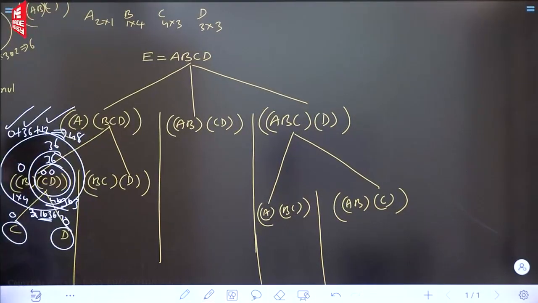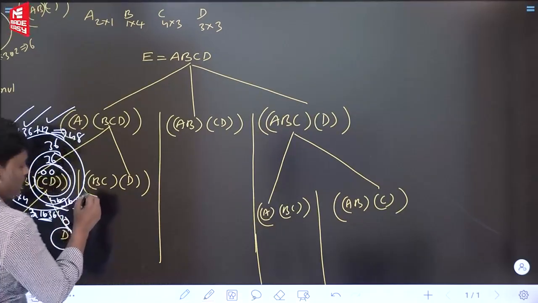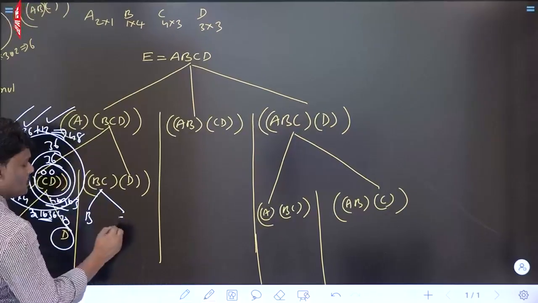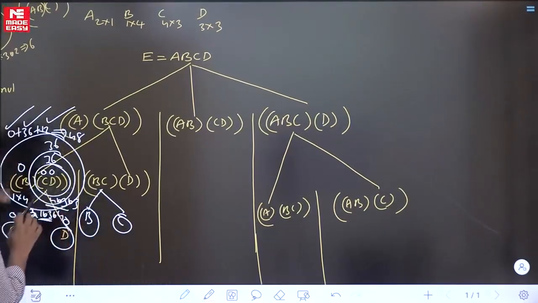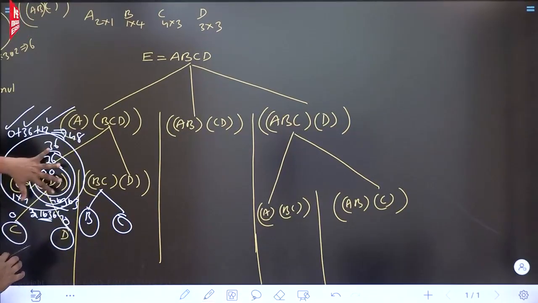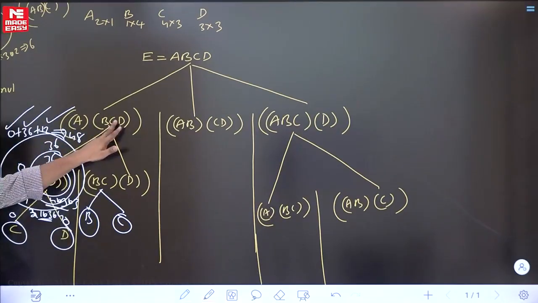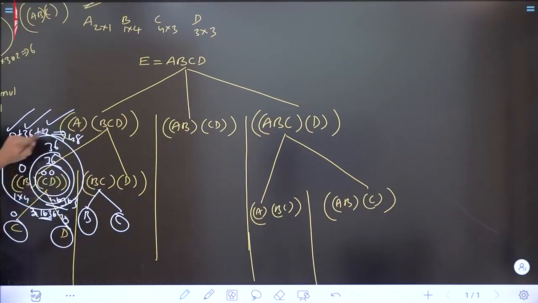Every time same story. To do BCD, left one, right one, two ways are there. One way gave 48. Let's see the second way. Again BC, same story. What is the BC? B and C. If anyone has a little bit of difficulty here, you know how to multiply 3 matrices very well. That's what you did in the previous problem. 3 matrices, how to multiply? 2 ways. First way I did, 48.